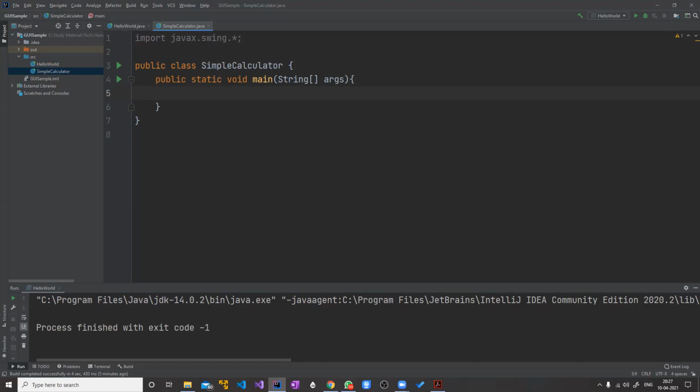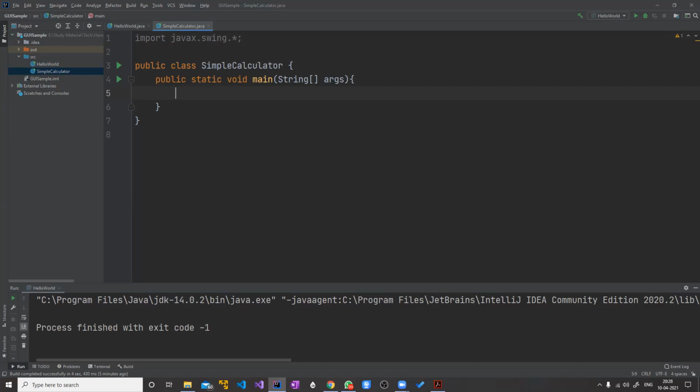So the code which we have seen earlier will work. But these various features which we have specified there, like set size, set title, and all those things, we try to do in a separate file. So that's what we are going to do here. By doing that, we are actually defining the layout of our window, right?